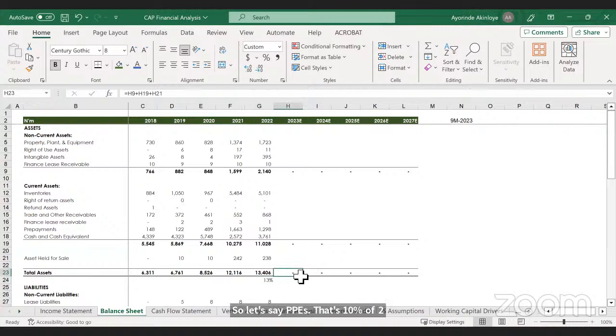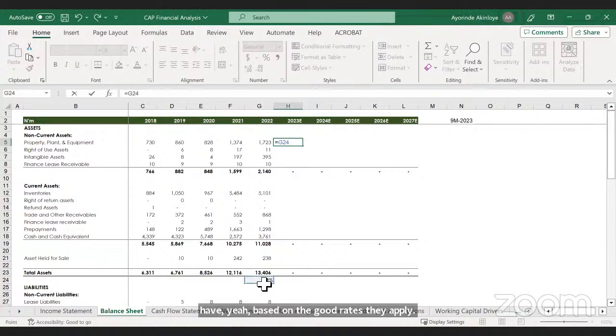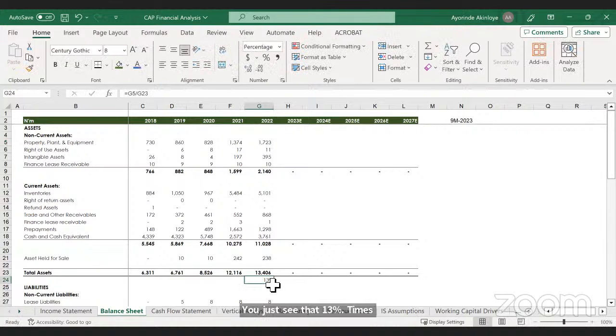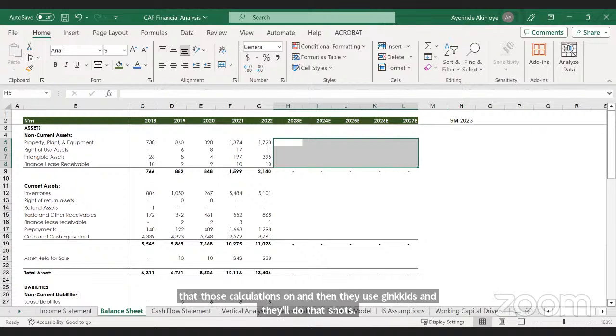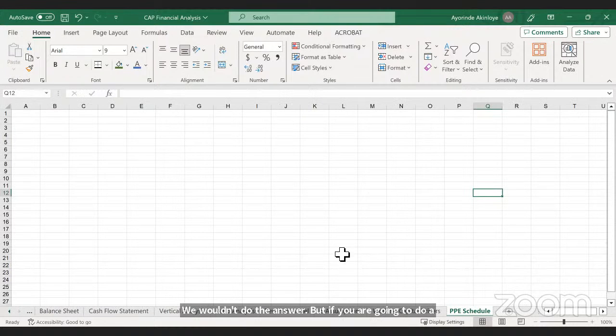Based on the growth rates they apply, they will just say 13% times this. But they will have separate sheets where they would do those calculations, and then they just link it and just do that short route to the answer. But if you are going to do a proper job, I always advise you prepare a PPE schedule